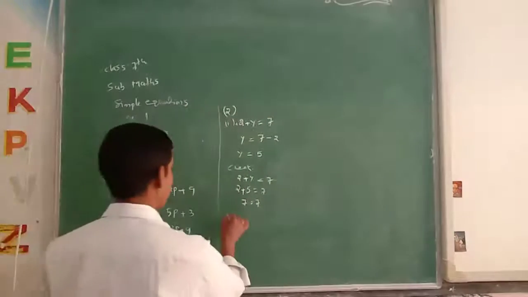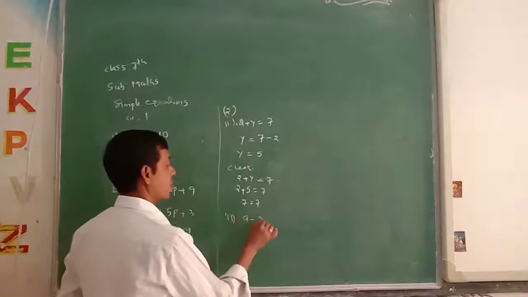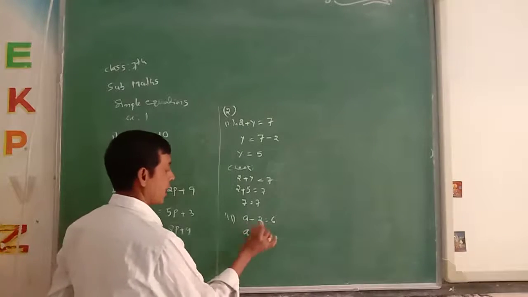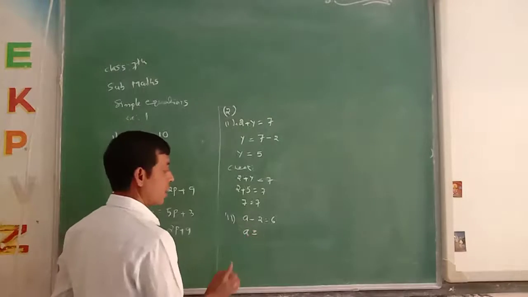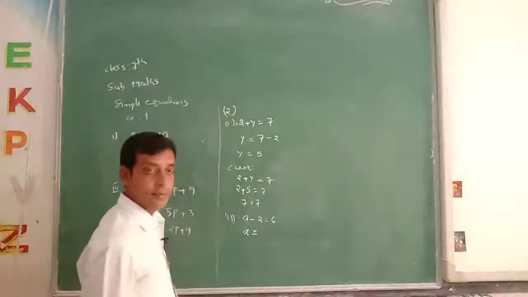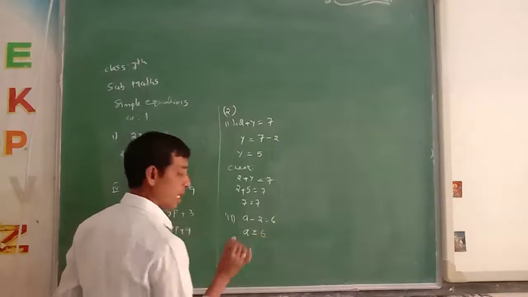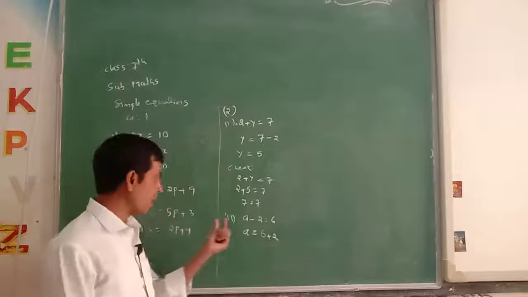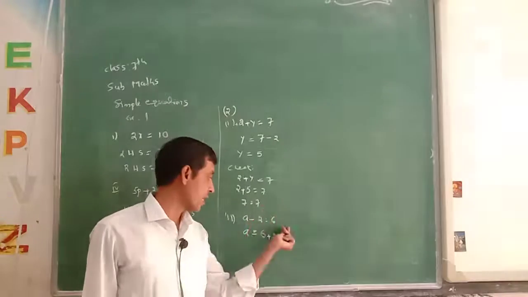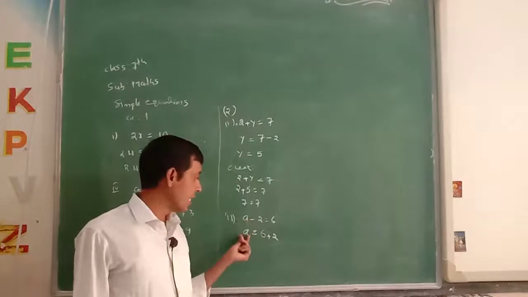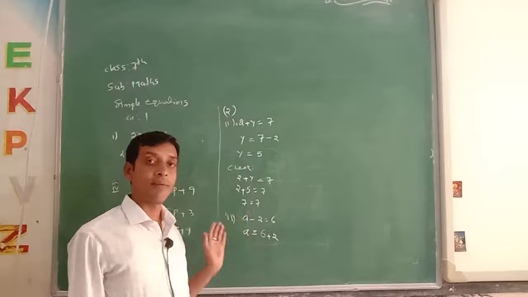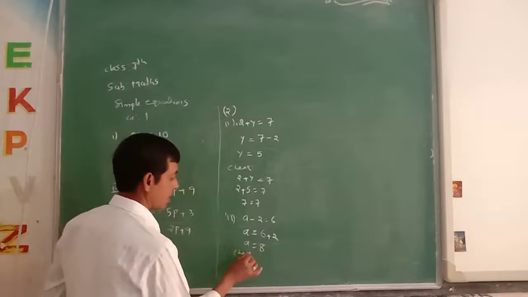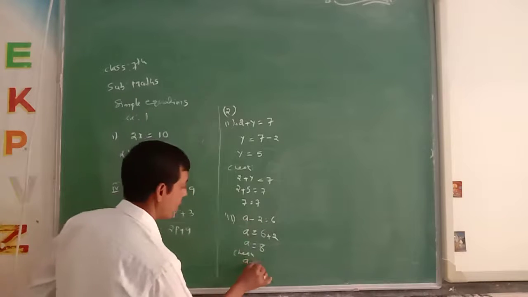A minus 2 is equal to 6. Okay? So, we find the A value with A as the subject. Minus 2 you have to send to the right side. Write 6 as it is. Minus 2, when sent to the right side, becomes plus 2. If it is a minus number, sent to the right side, it becomes plus. Write A as it is. Letters should stay on the left side only. A is equal to 6 plus 2, how much? 8.